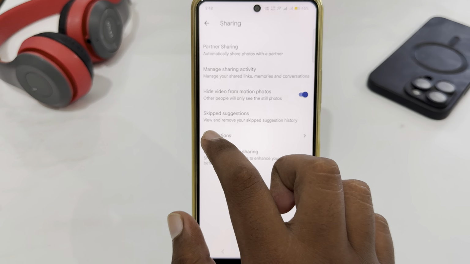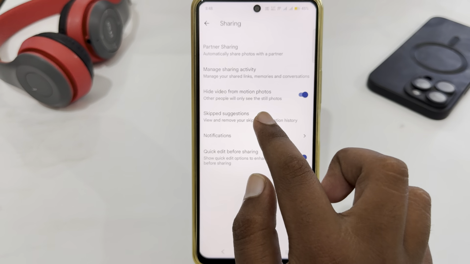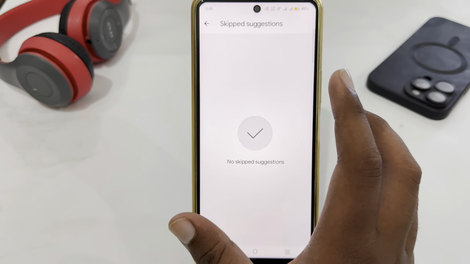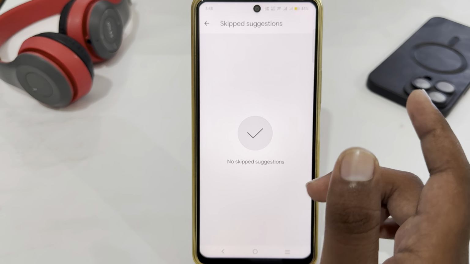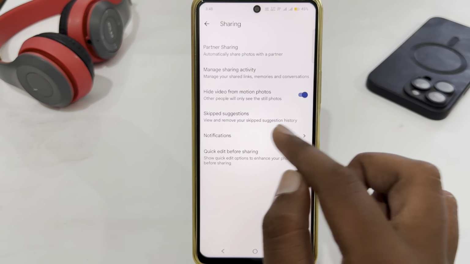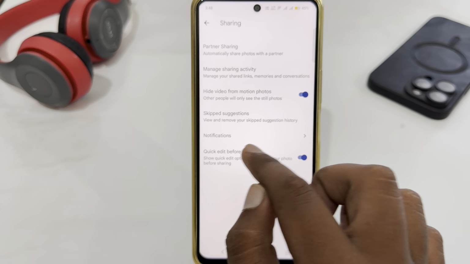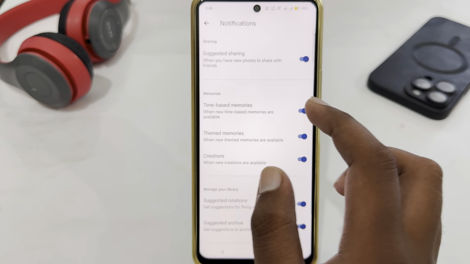Here you have the option of skip suggestion. Just select it, and here you can see I don't have any skip suggestions, but you can easily add skip suggestions here. But if you want to remove your suggestions, you just have to select notifications, and here you